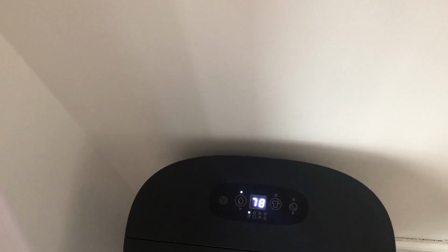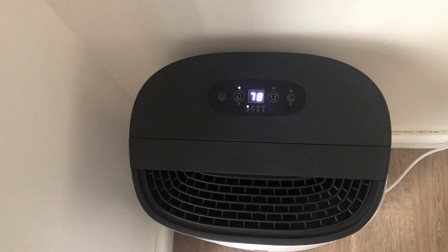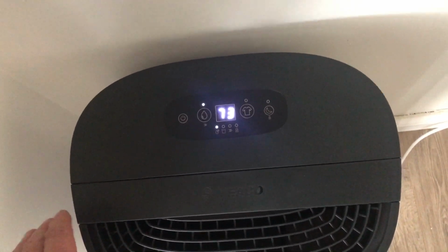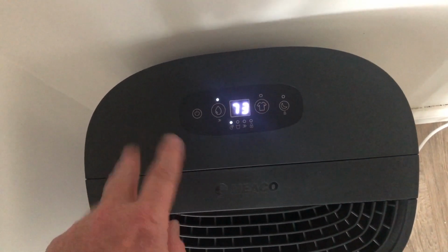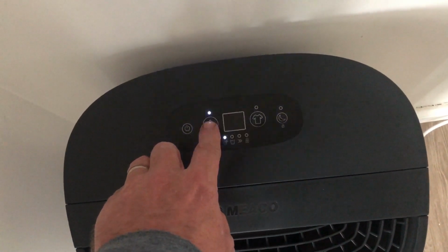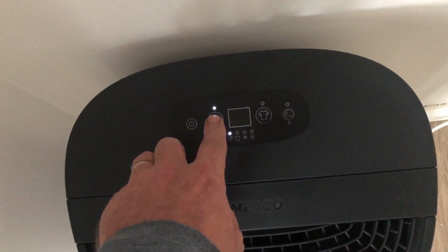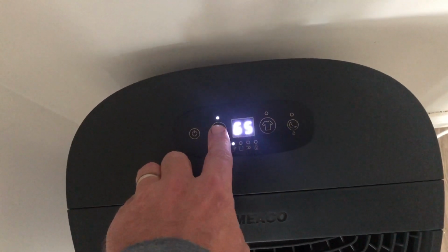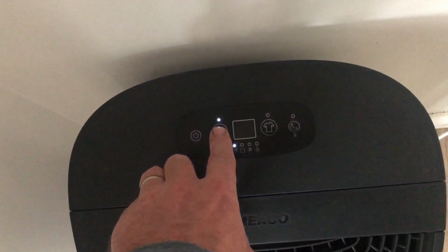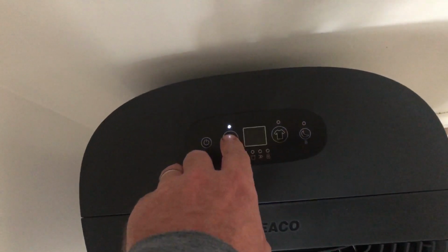But you can set this up so it will just work to a fixed dehumidification. I'll just look into that. I just worked out how to set the humidity. Now it does have a mode, what's known as smart dehumidification mode, so it will basically go plus or minus 3 and then engage. But by repeatedly pressing this button, we've got CO for continuous, it flashes, and then I presume it's set in, and we can adjust the humidity right up from 40 to 70. Yeah. I'm going to leave it in continuous because we do want to see what water it will collect